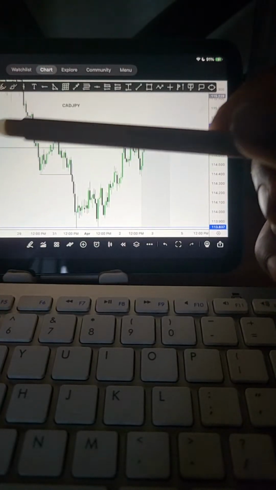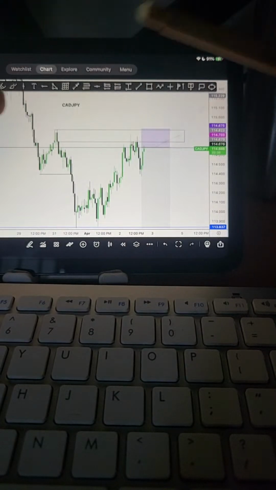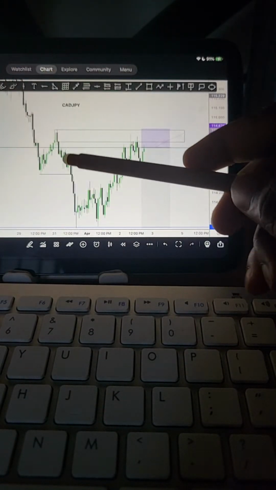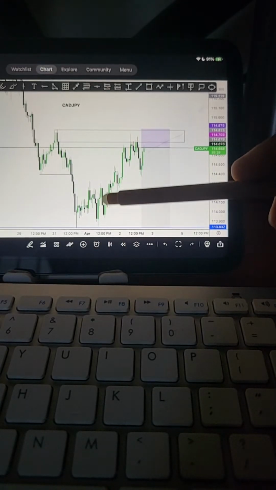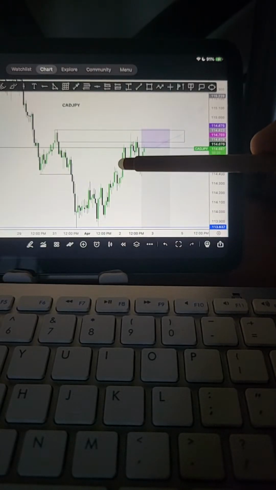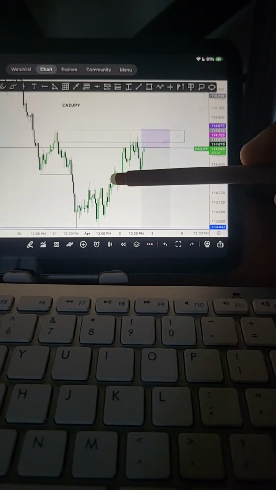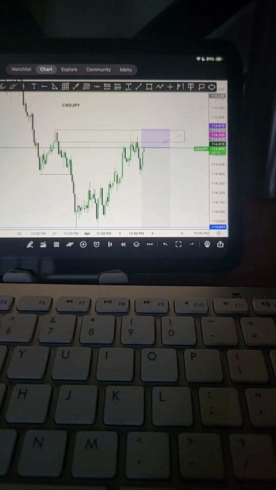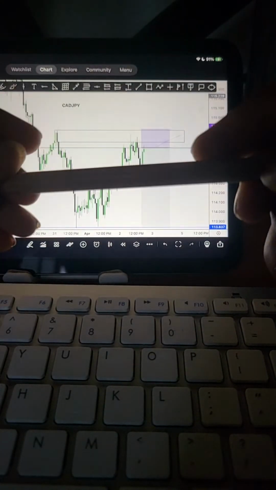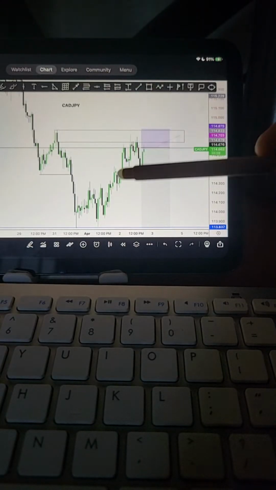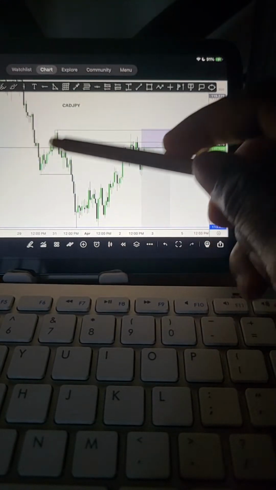So the internal structure must align with the external structure. And how is that going to happen? After price did this break of structure, price is doing a pullback. Notice how, when price is pulling back to this zone that initiated this break of structure, the internal structure is currently bullish. The external structure is bearish, but internal structure is currently bullish. So we have to wait patiently for the internal structure to shift structure, aligning with the external structure,